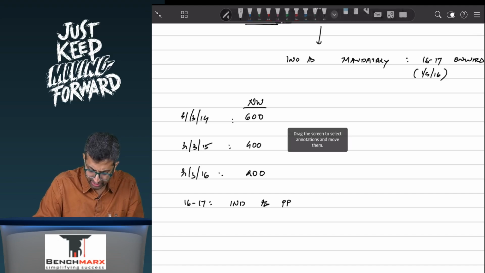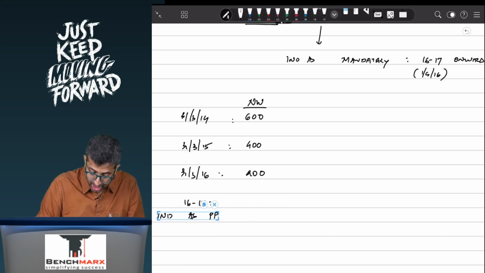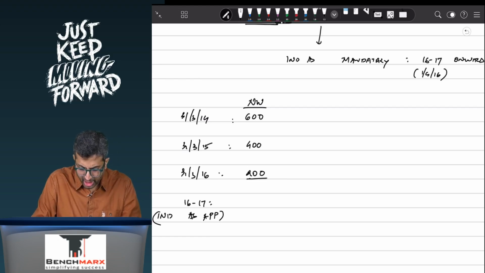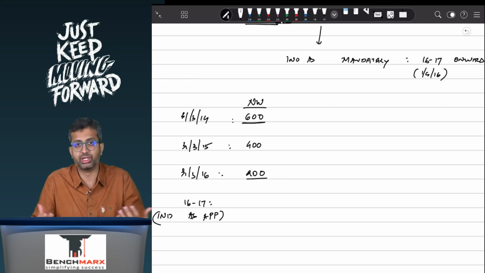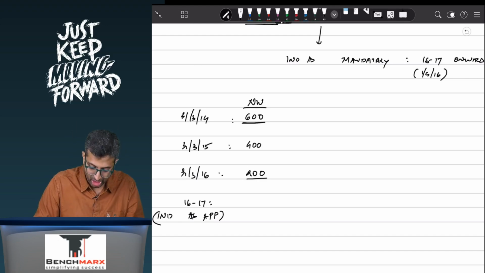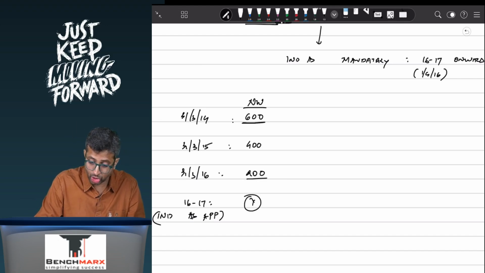In the year 16-17, is Ind AS applicable? Usually, if I look at the last audited balance sheet date, 200 crores, Ind AS should not be applicable. But if I look at 31st March 14, Ind AS becomes applicable. Yes, your answer is yes, it is applicable. Why? Because on the cutoff date,